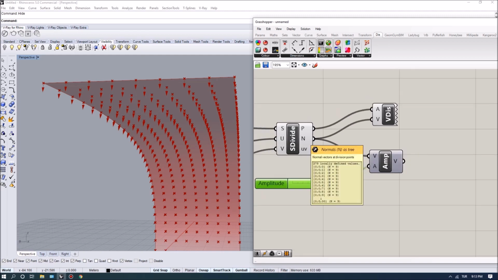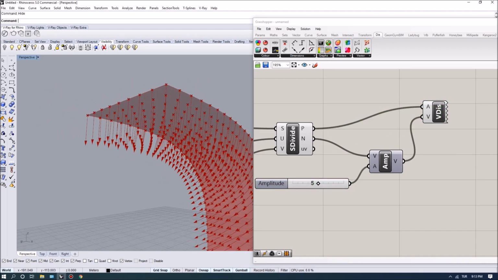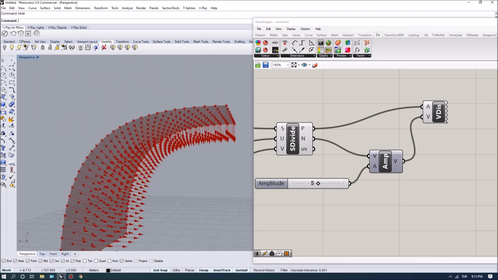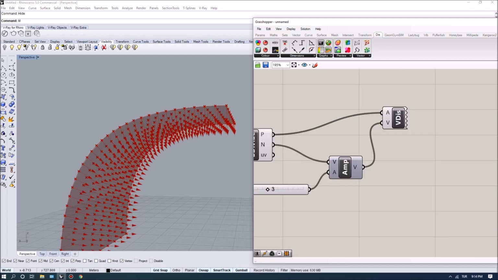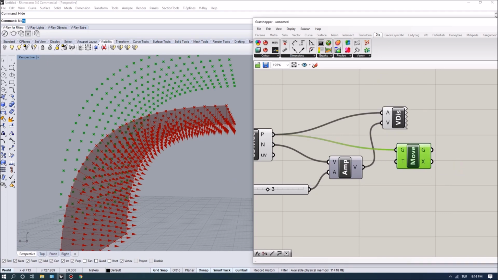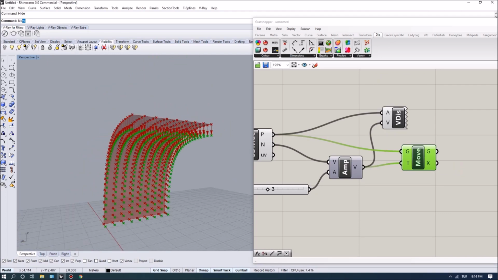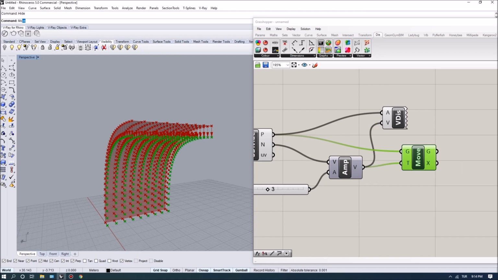Don't forget the normals are uniform normals, so the length of these is 1. And if I change it to 5, you can see that we can have a lot more movement, right? So this is how we can offset these points off of the surface. And I'm simply going to move them using these vectors so that you can see now I've created an offset